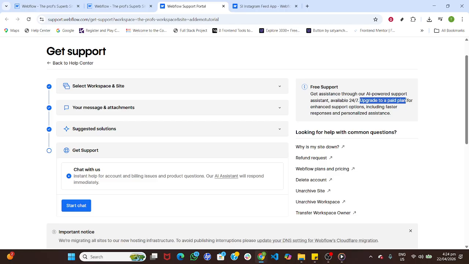A chat window will open where you can paste links, upload files, and follow the guidance from the agent in real time. If chat isn't immediately available, keep your details handy. Those same steps ensure your information is ready for any alternative support channel shown. That's it. You've navigated from the designer to Webflow support, selected the right workspace and site, attached helpful context,